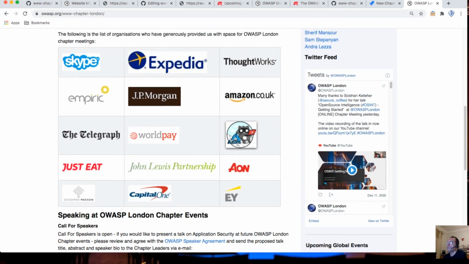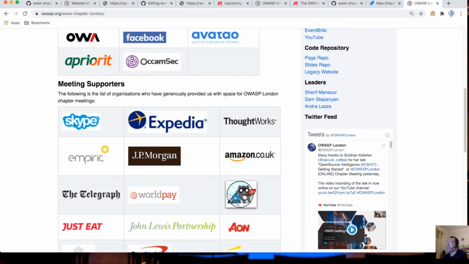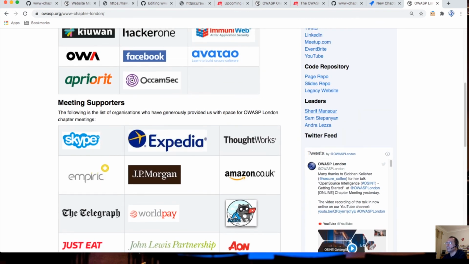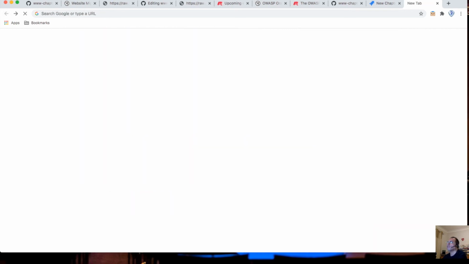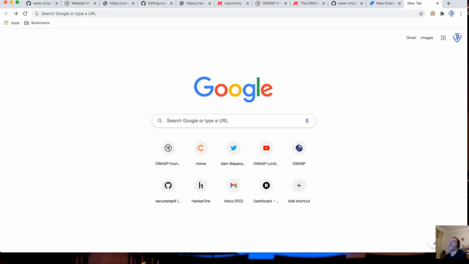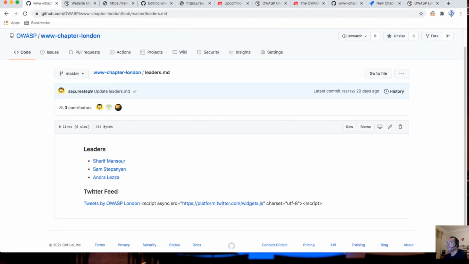This is actually embedded not into the index.md, but inside leaders.md. The main reason why we've done it like that is that we wanted the Twitter feed to appear after the names of the leaders. Okay, let's go back to our repository so I can show you how it was done. You can see there is a Twitter feed here.